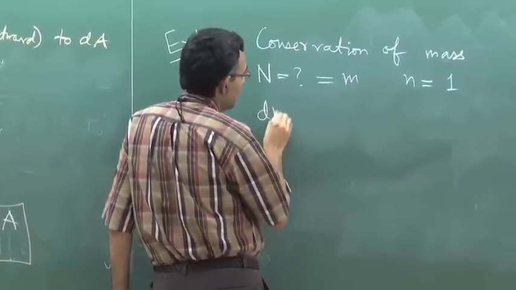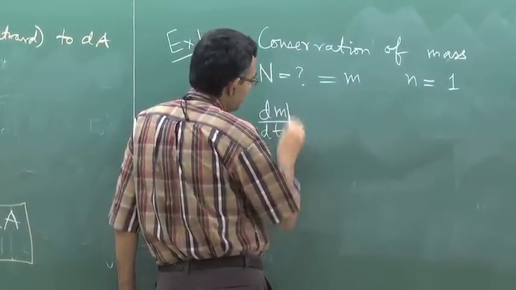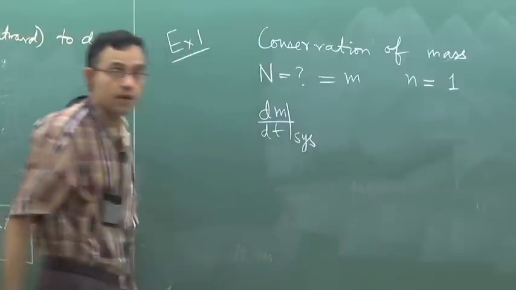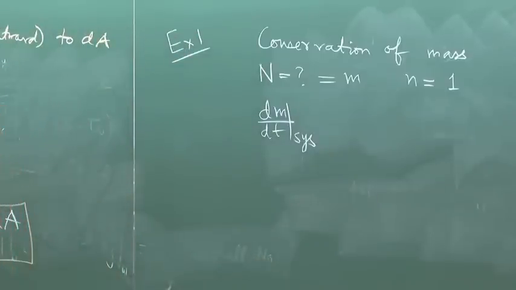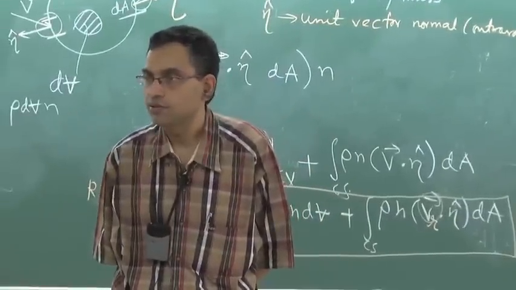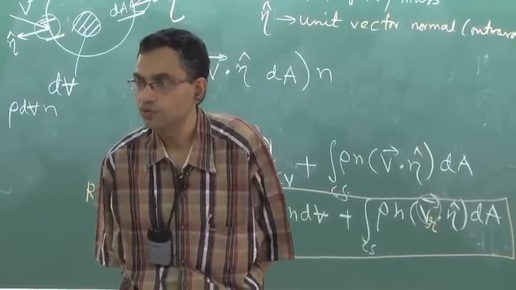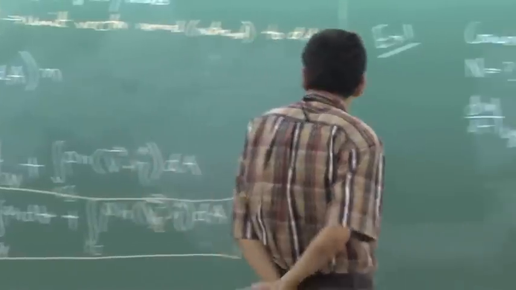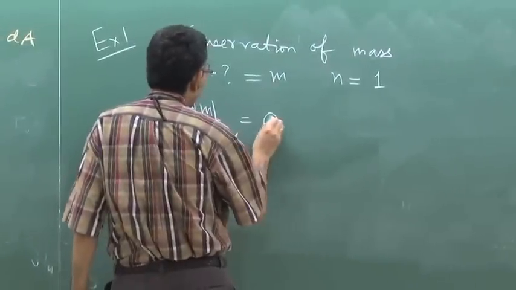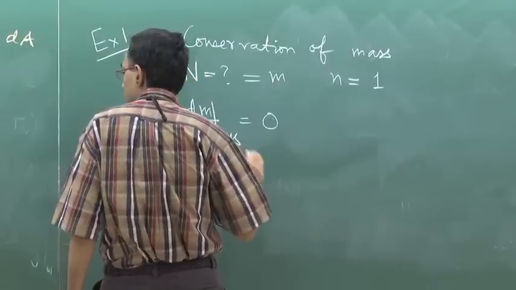So what is dm/dt of the system? What is dm/dt of a system? By definition, a control mass system has a fixed mass. So what is the rate of change of mass of a system? 0, right? So this is 0. So you have 0 is equal to